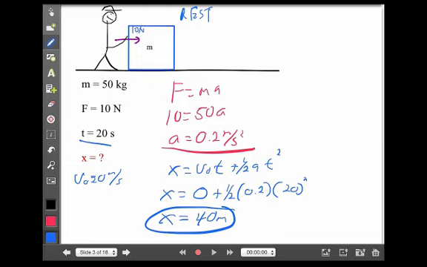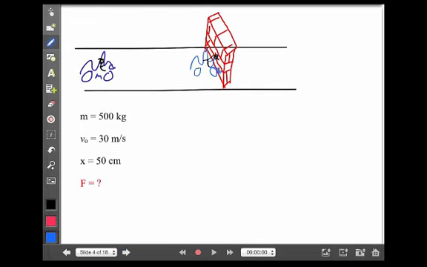So now we have a new way of determining acceleration that doesn't always require motion. Let's look at another example. This one, someone's driving down the road at 30 meters per second. Let's say texting. Don't text and drive. And because they're texting, they don't notice that some strange person has built a large brick wall in the middle of the road. And so they go crashing into it. Now, of course, when you crash into a wall, you're going to come to a stop. So knowing that the initial velocity is 30, we can assume that the final velocity will go down to 0.